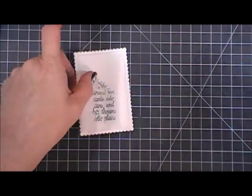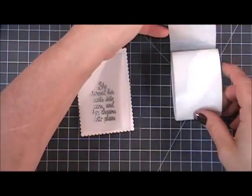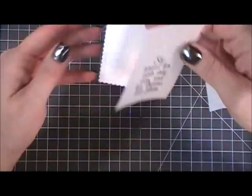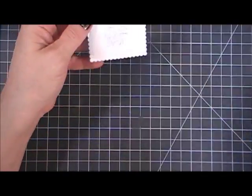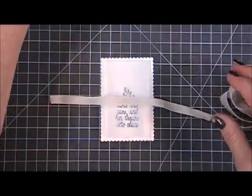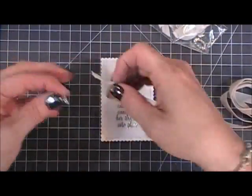Lovely. Now I'm going to add a glue dot behind that vellum, and I'm going to stick it to my panel there. Now I wasn't worried about it showing up because we're going to end up covering it up. Just going to place that right in the center there. Lovely. Okay, now I'm taking the light gray velvet ribbon that came in the kit, really soft and beautiful gray,